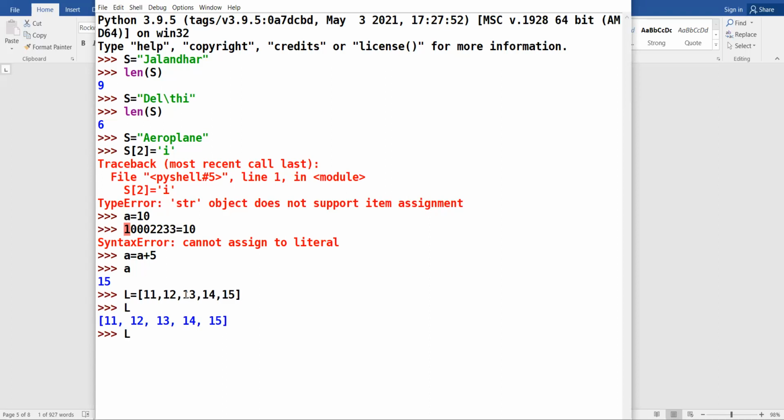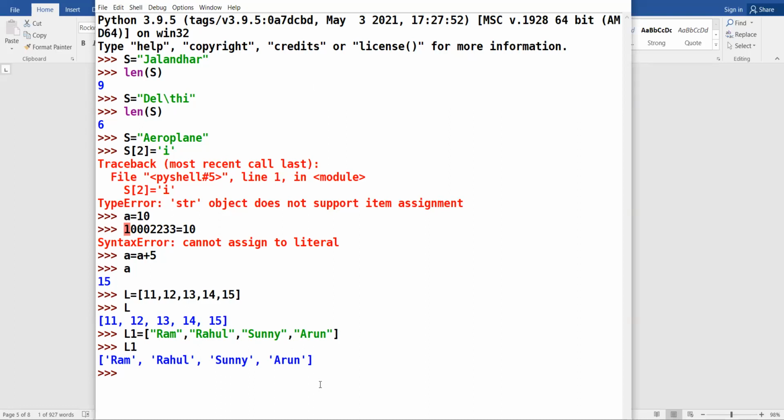Any other value I can take? I am taking here Ram, Rahul, Sunny, Arun. See here.